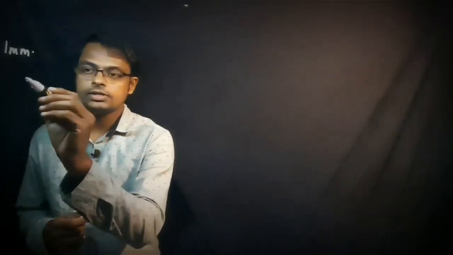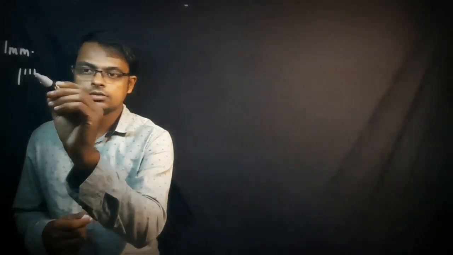You please take your ruler. If you take your ruler, which is the minimum value that can be measured using that instrument? Everyone, you can look at that one. You can see the minimum value that can be measured is equal to 1 millimeter. 1 millimeter is the minimum value that can be measured using your ruler. Or we can simply say, this is the division you can see in the ruler.